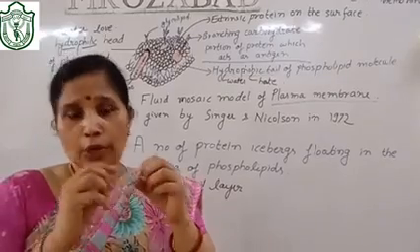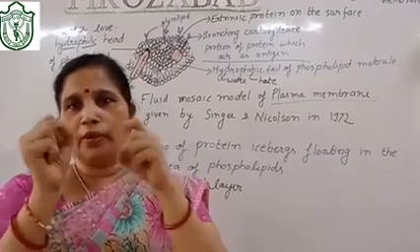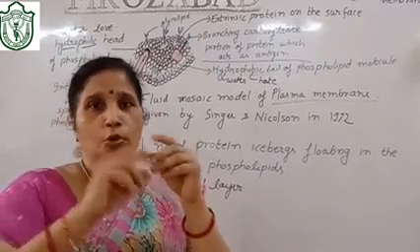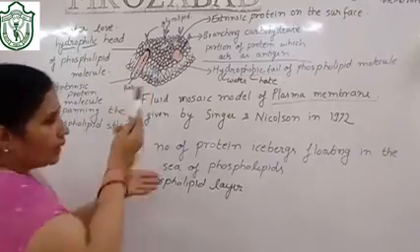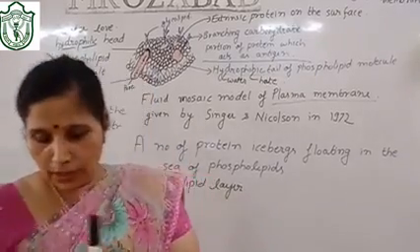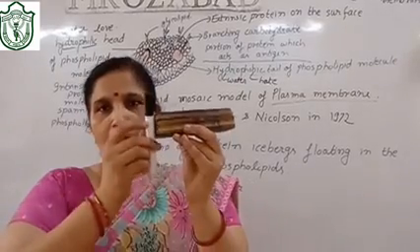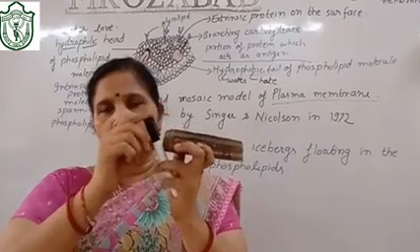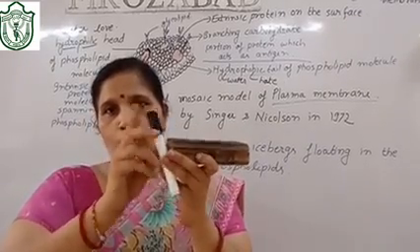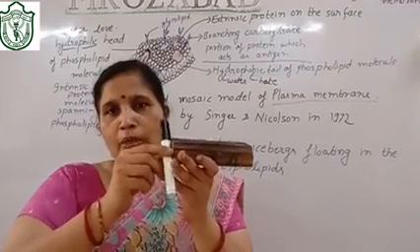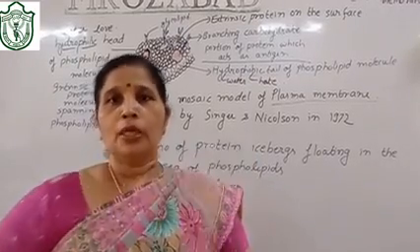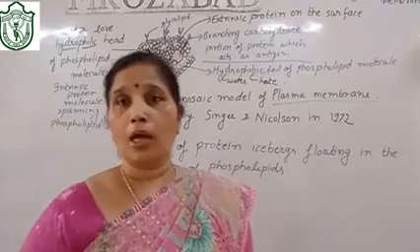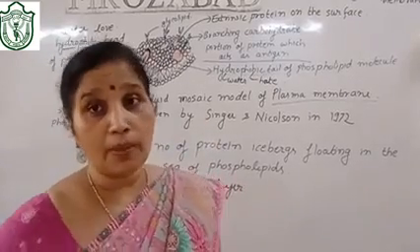Now this is a phospholipid and this is also a phospholipid, and in between there is an intrinsic protein. Protein can also move like this. If this is a plasma membrane and this is a protein, it can rotate like this. When anything is coming from somewhere and has to go inside the cell, the protein acts as the mediator and it will go like this. So this is also the way in which the plasma membrane becomes a selectively permeable membrane.